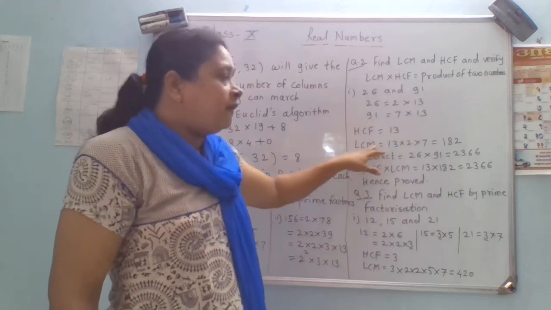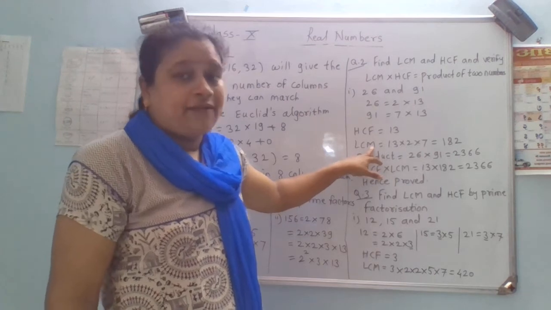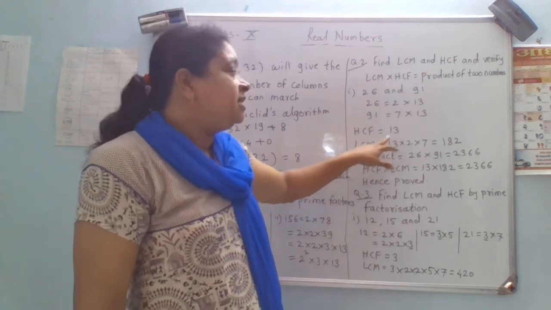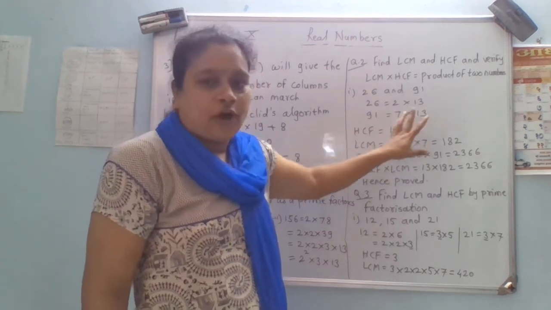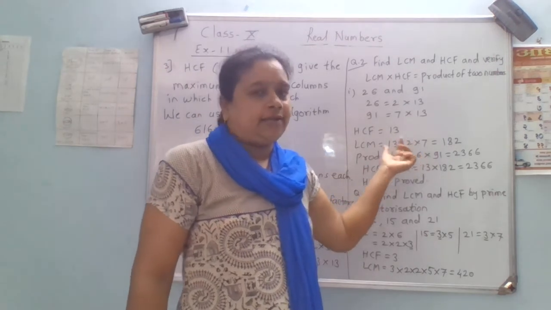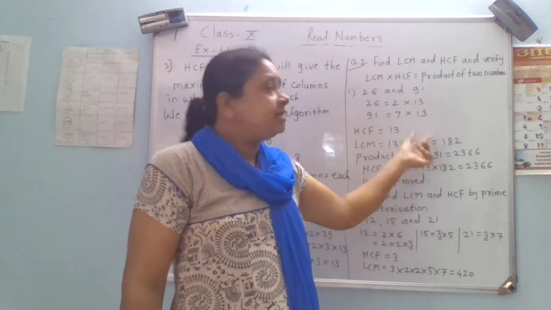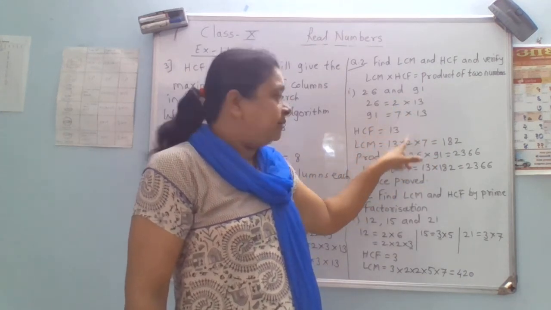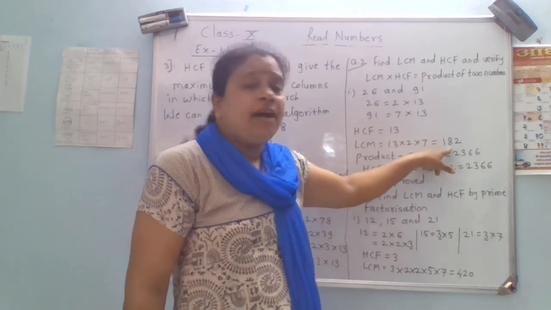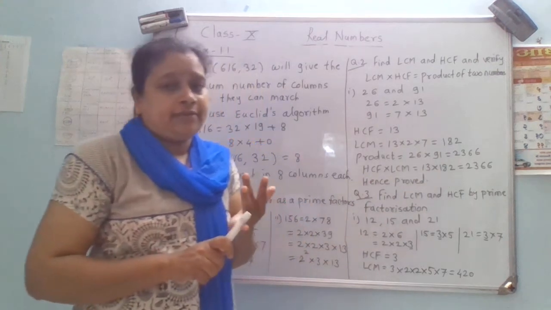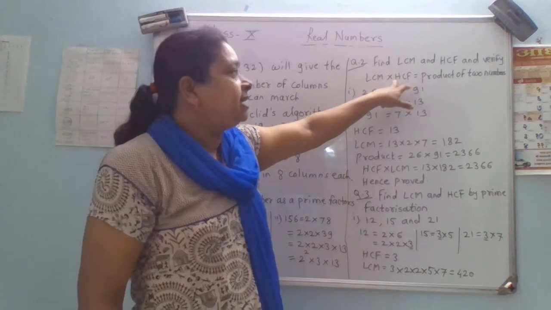Okay. Then for finding the LCM of the given two numbers, LCM means least common multiple. Here we are going to find the least common multiple. First of all, you take the common factor. Here between these two, the common number is 13. You take 13 only once. Then whatever the remaining numbers are, you take them as a product. Here the two other numbers are 2 and 7. So in the LCM, 13 into 2 into 7 becomes 182. Okay. First we get the HCF, then the LCM, then we have to verify this relation.